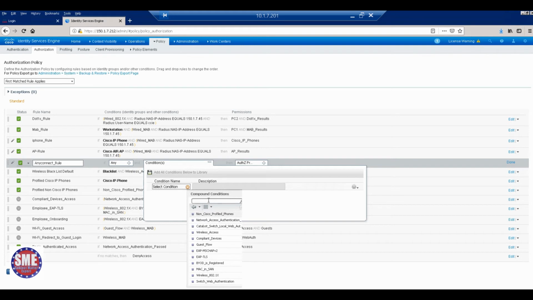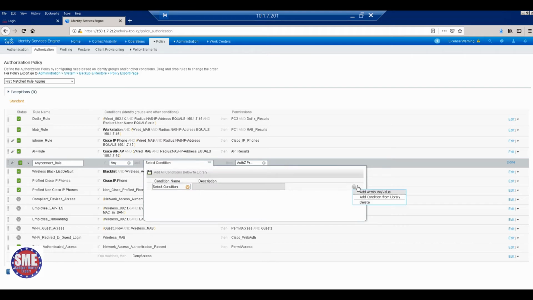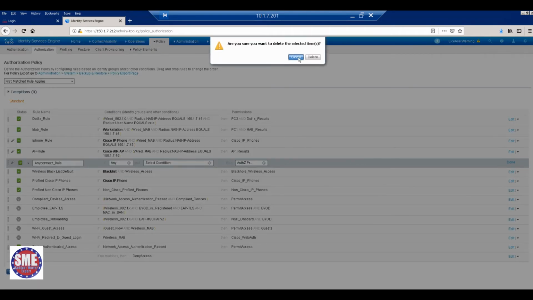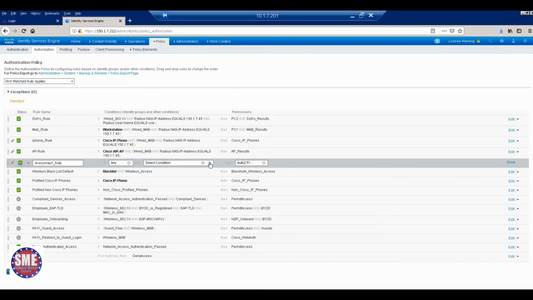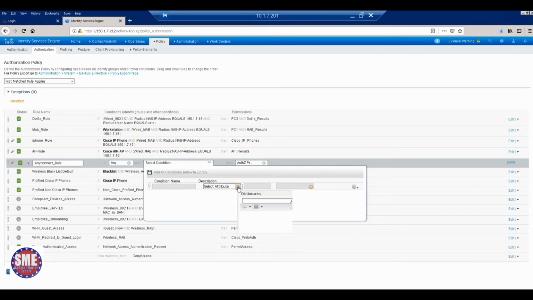No, not the compound condition. That's new condition. You created existing condition or new condition? New condition, right? It's existing. Condition, delete this one. Create from the new condition. There is no existing, it's not a wired map or wireless map. So here, which one? NAS IP. NAS IP and radius user, right? Two condition.